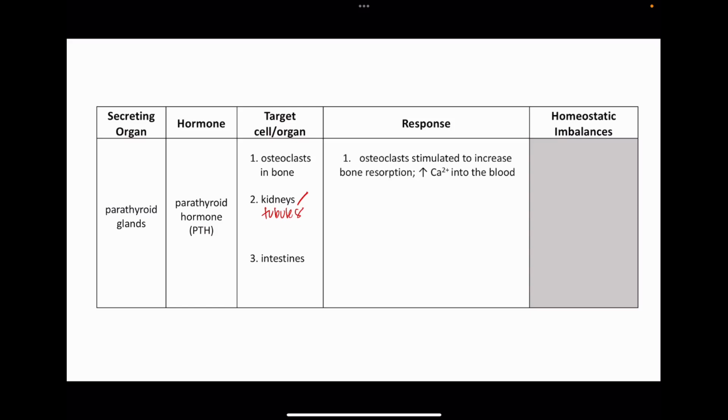So at the osteoclasts, we're going to have them stimulated to increase bone resorption, same thing as bone breakdown. So we break down the bone and release the extra calcium into the blood. At the kidneys, we're going to increase reabsorption of calcium. So we're moving more calcium from the filtrate, which is our pre-urine,